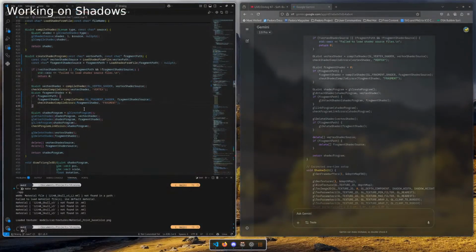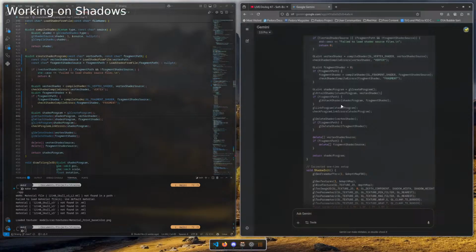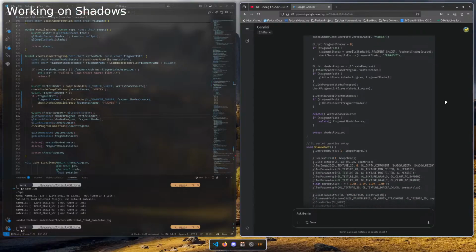Okay, so now we create the program. We attach the shader program with the vertex, but for the fragment we check if the path is true, and if it is, then we attach. It's just error handling, so the program doesn't crash.